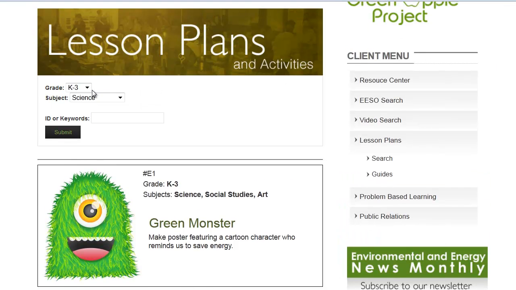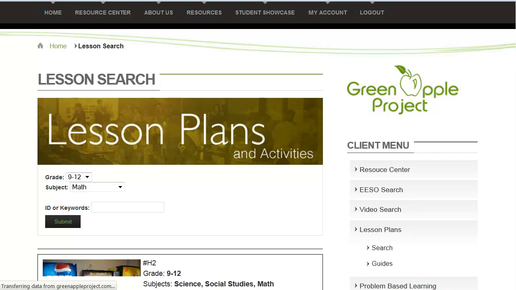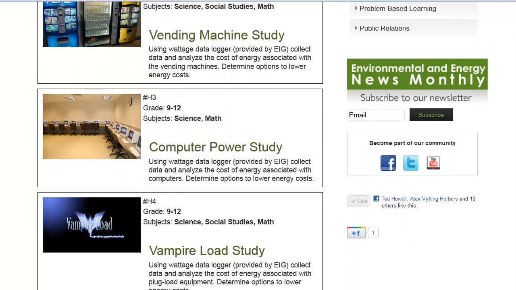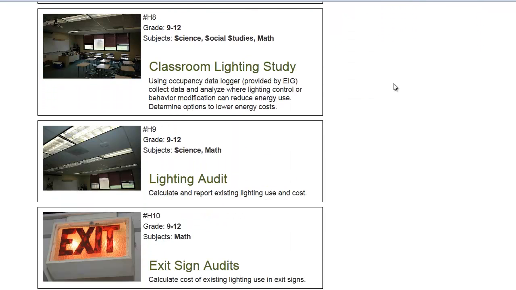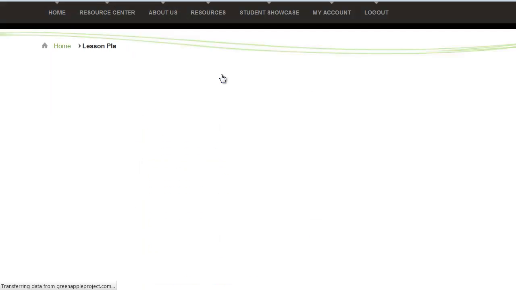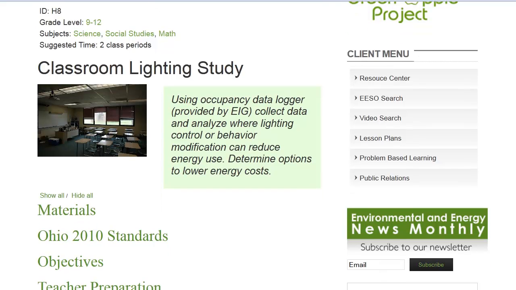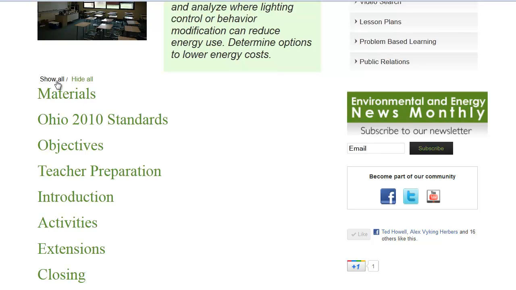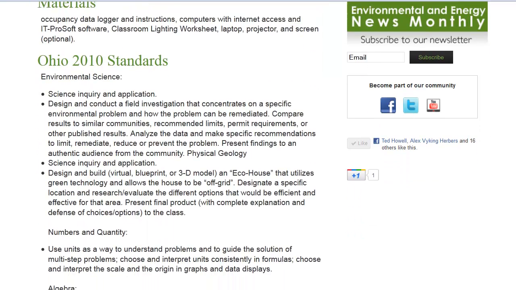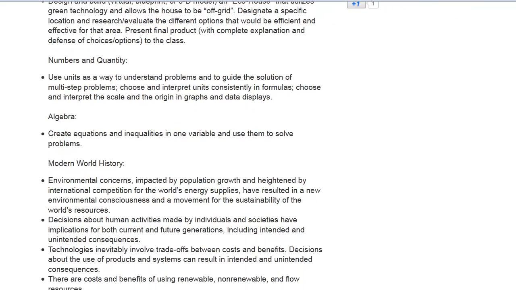We could do the same thing for 9-12 in math, let's say. And now we have vending machine study, a computer power study, a vampire load study, a gym lighting study. As you can see, there's many studies associated with the 9-12. It's where they are able to capture data and analyze data. Here we have the classroom lighting study, same kind of thing with the breakdown of materials, objectives, environmental science, algebra, world history,